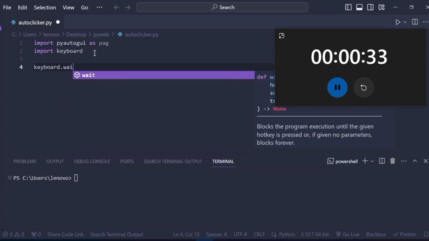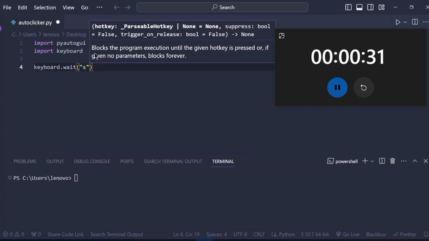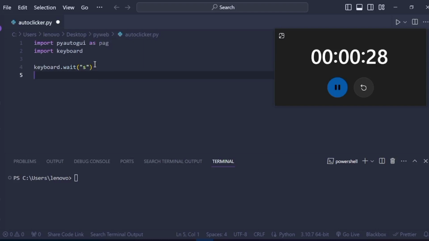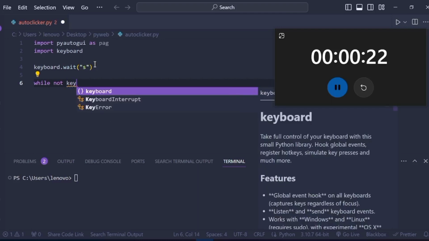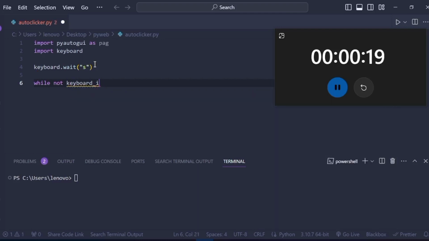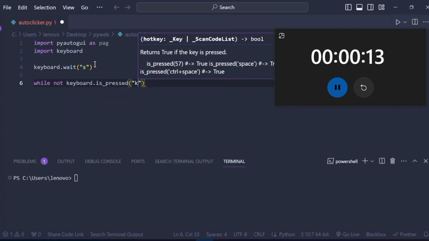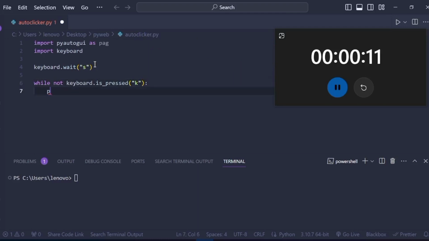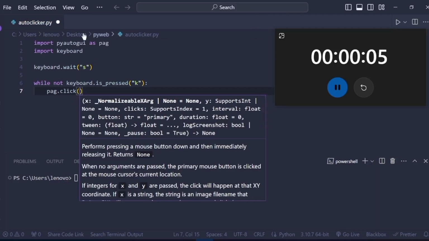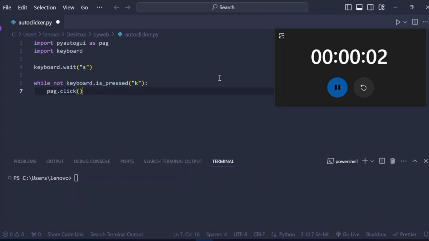call keyboard wait until I press the S key, and then I have to create a while loop which will keep running until I press the button K. So I will enter K over here, and in the next line I will type pag.click. This will basically call the function from pyautogui to run the auto clicking. So yes, I'm done, and now I will run this program to see if it works, and I